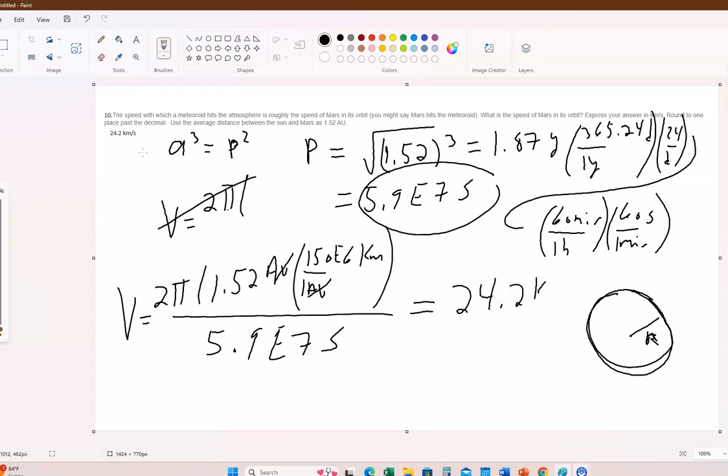24.2 kilometers per second. So that's how fast Mars is orbiting the sun, which is how fast, if you think of the meteoroids as moving more or less, they're not moving very fast, so they're almost at zero. And when they collide with Mars, it's really the velocity of Mars that you're colliding